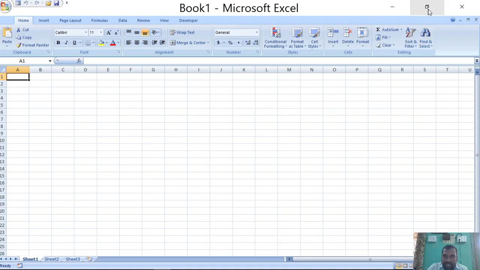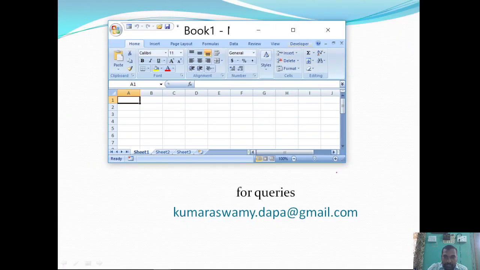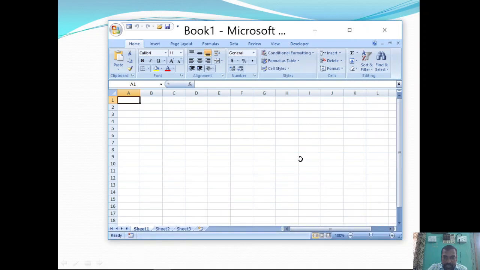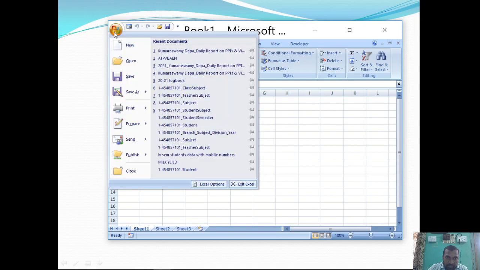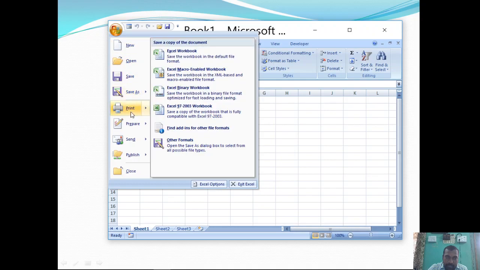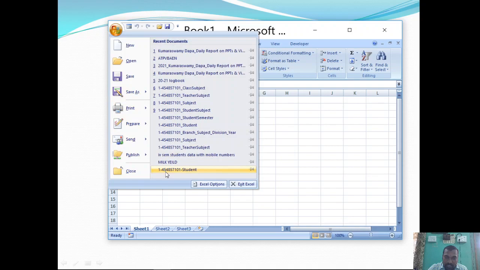So this is the document we have opened, right? Observe the things that we have discussed in yesterday's session. This is the quick access toolbar and this is the Office button, where we have new, open, save, save as, print, prepare, send, publish and close commands.